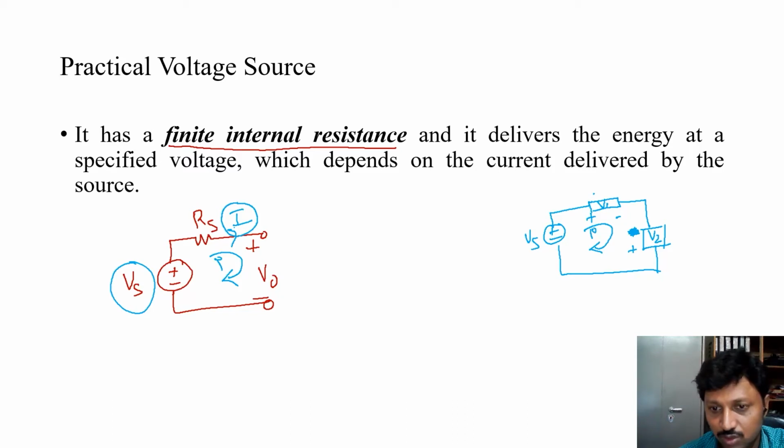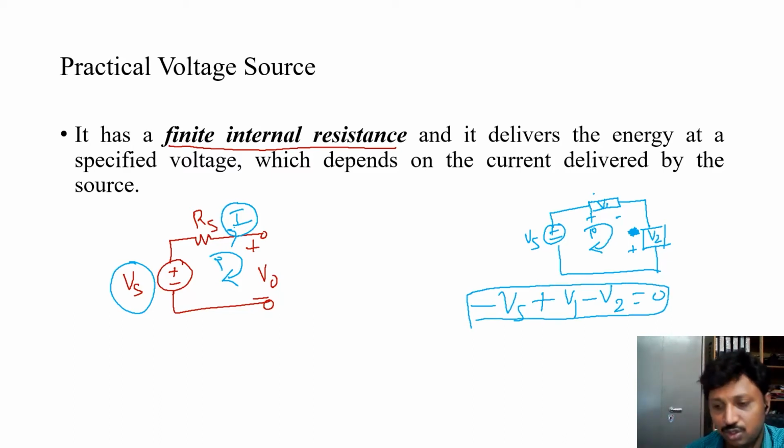The current is flowing through the circuit. When applying the KVL, the algebraic sum of the voltages around a closed loop is 0. So first, minus Vs, since the current is entering through the minus terminal. After that it enters the plus terminal, so plus V1, then again it enters the minus terminal, so minus V2, is equal to 0. So the algebraic sum of the voltages around a closed loop is 0. That is called the KVL.